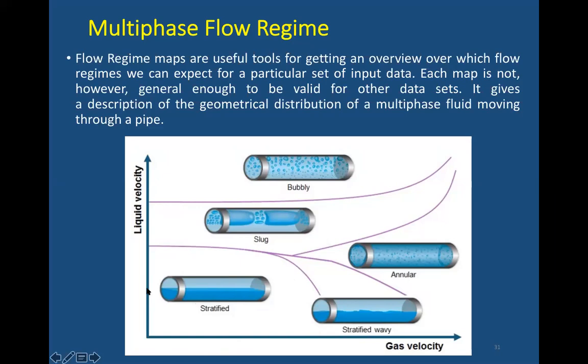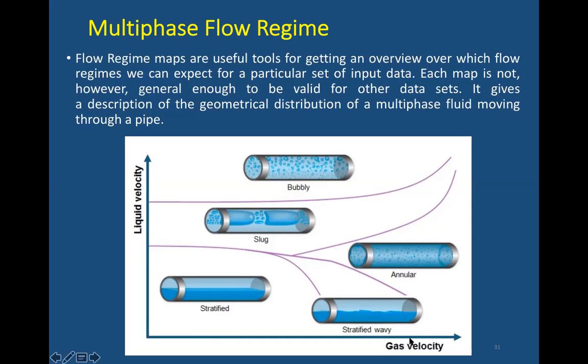So you are sparging carbon dioxide in water, where water is totally settled, or there's no movement of the water, but you are giving very high speed carbon dioxide into the water. Then you will see that some bubbles are produced, that is stratified wavy. So in case of slug flow, you have a medium gas velocity, but respective to the gas velocity, liquid velocity will be high. Then you will get slug flow.